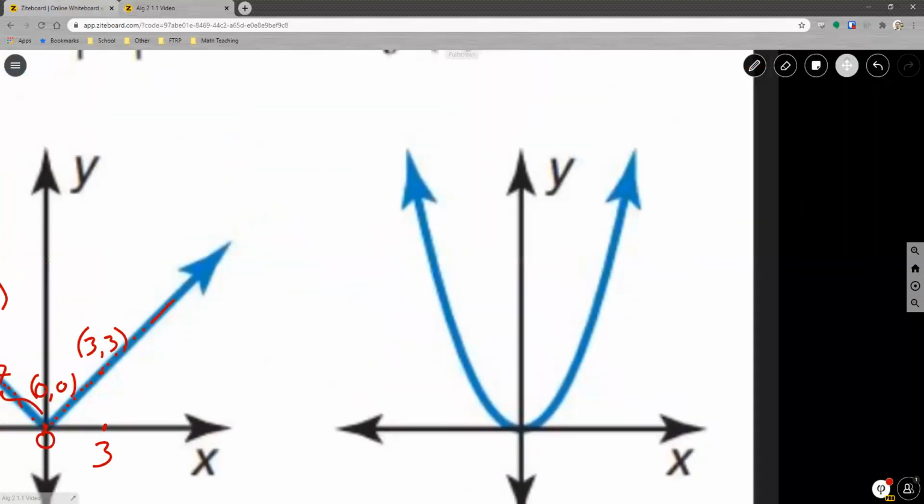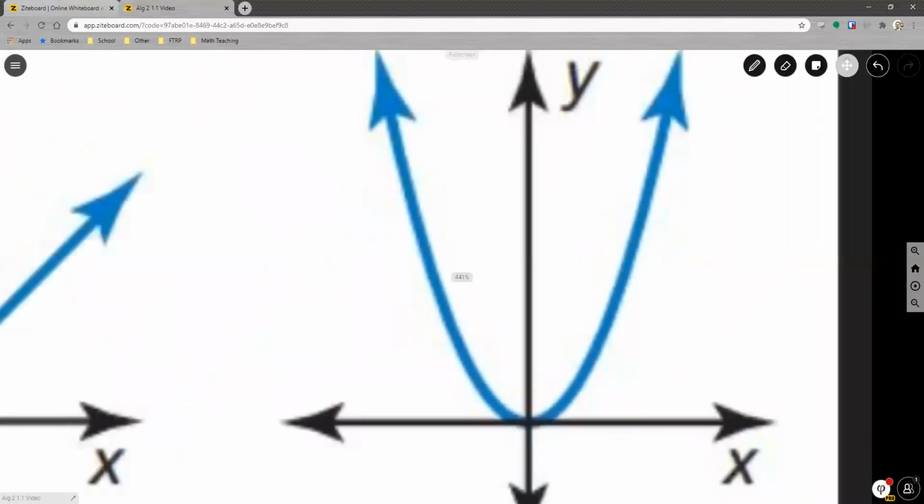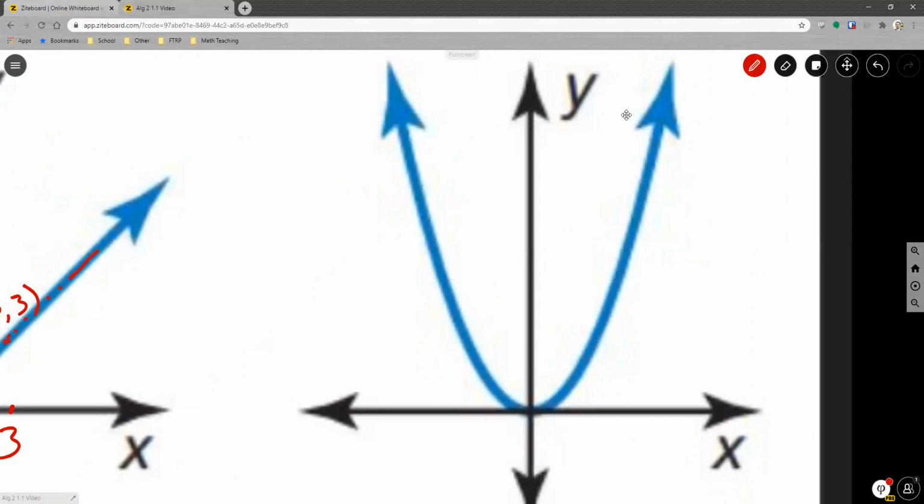Finally, we've got quadratics. Quadratics have a shape like a parabola, a curve, and that's because we're using x to the second power. So any x input that we use is squared before we graph the y value. So for instance, if my x value is 1, my input is 1, that means my output is going to be 1 squared, so 1, 1. But if I'm over here at 5, 5 squared is going to give me 25, which is going to result in this